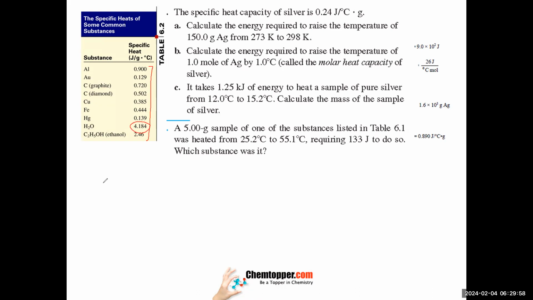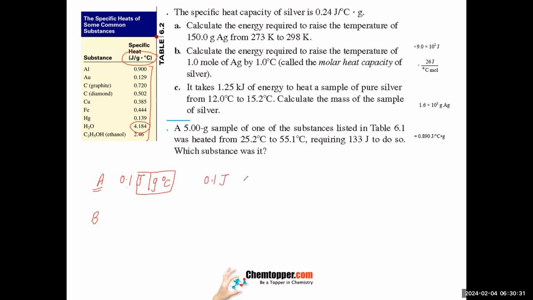So if I give you substance A, substance B, substance A has a specific heat capacity of, let's say, 0.1. Check the units. Joules per gram per degree Celsius. This is the unit. The unit means that for the A substance,